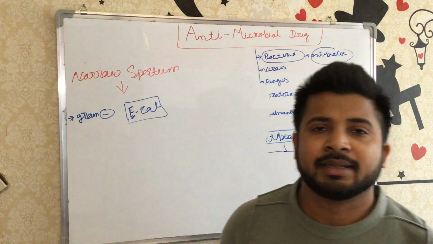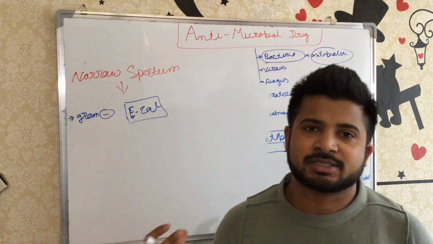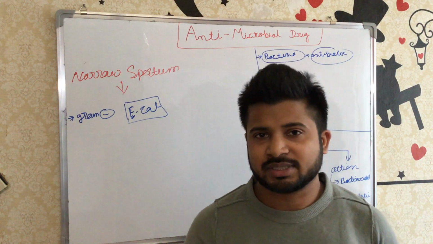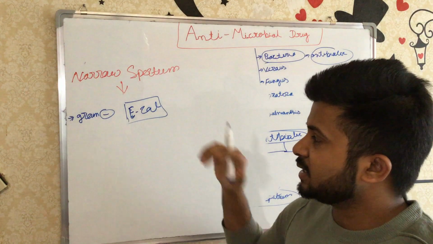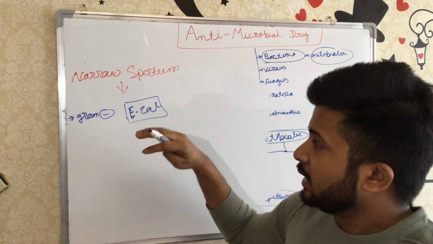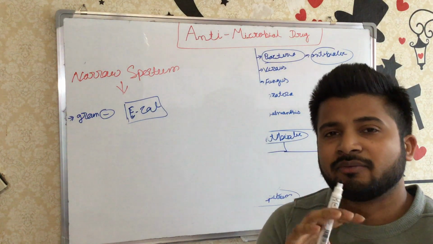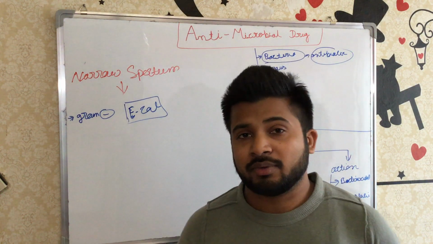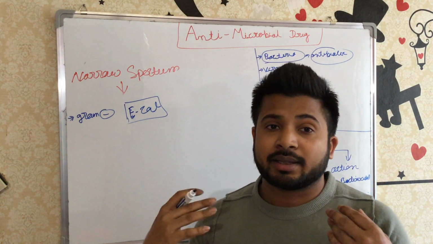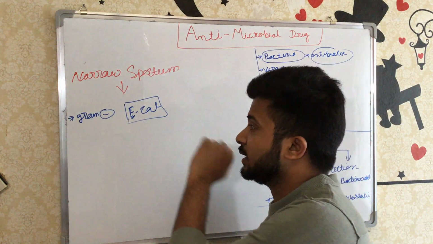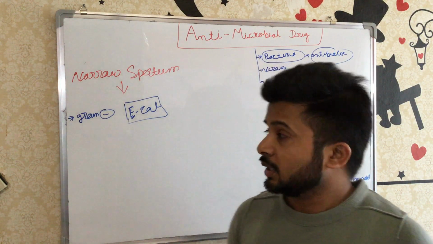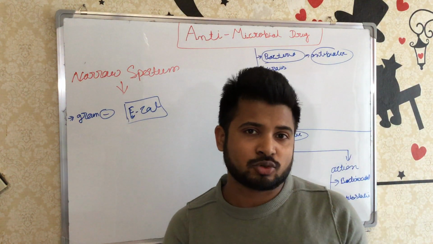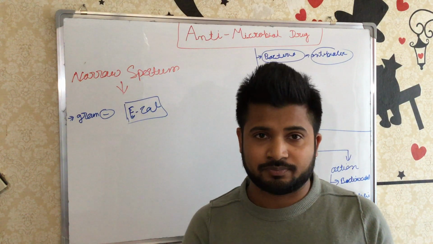The person comes to our clinic, and according to the patient's symptoms I take a sample and send it for laboratory investigation. After that, they send the report that the person has Escherichia coli. I know that drugs belonging to the narrow spectrum are very sensitive to Escherichia coli, so we can give them, and the person will be treated well without much side effect, because they will just kill the Escherichia coli. So this is the narrow spectrum. When we already know the person has this type of bacteria, we have to give the narrow spectrum.